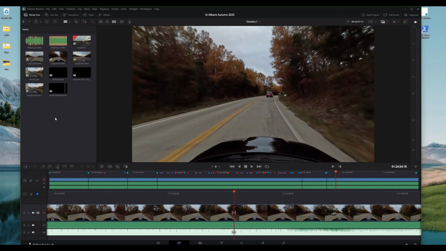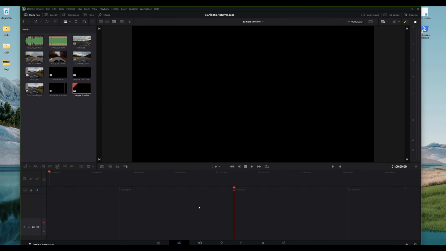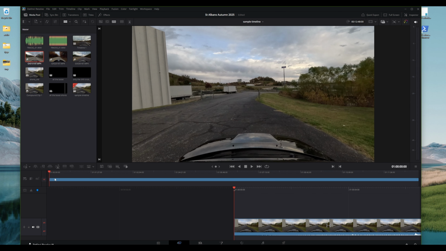So let's go ahead and create a new timeline. I'm going to create a new timeline, and we'll just call this the sample timeline. Create. And you can see there's nothing populated down here within the timeline itself. So let's take the video, the very first video track, and then we'll take an audio track,